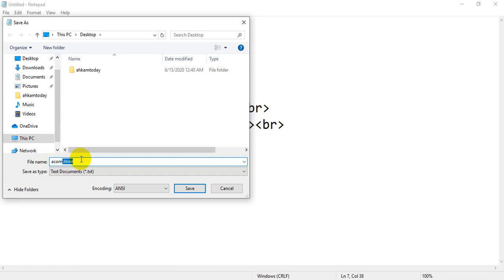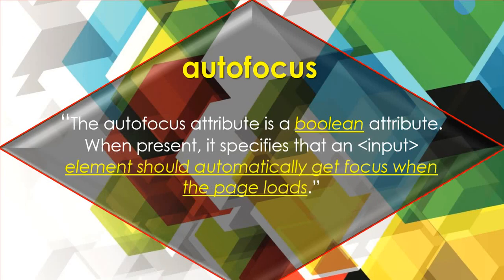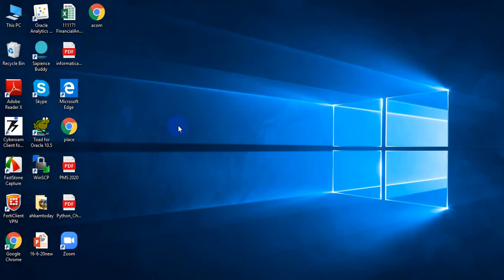You can assign any name, but .html is compulsory because it is the extension of the page. This .html describes that the file is in HTML form. Okay, click on save, then minimize this file.